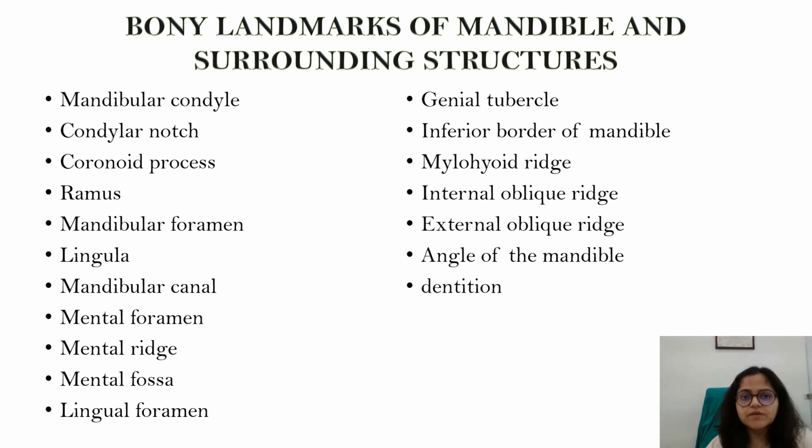Bony landmarks of mandible and surrounding structures. These are mandibular condyle, coronoid notch, coronoid process, ramus, mandibular foramen, lingula, mandibular canal, mental foramen, mental ridge, mental fossa, lingual foramen, genial tubercle, inferior border of mandible, mylohyoid ridge, internal oblique ridge, external oblique ridge, angle of the mandible,